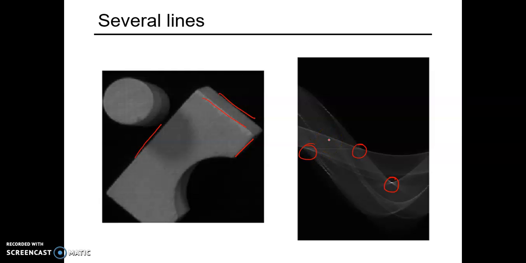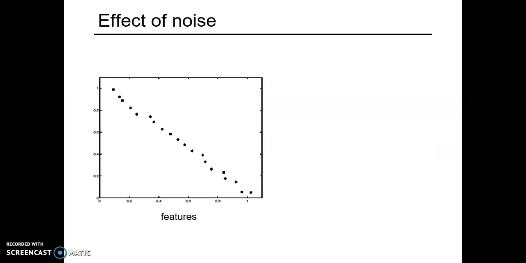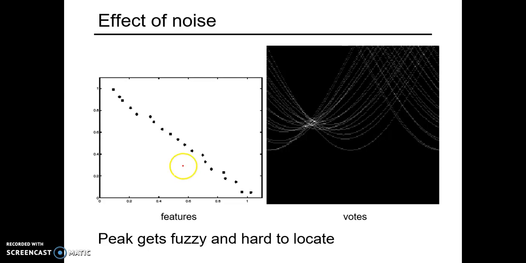Okay, now what is the effect of noise? If you look at this figure, there are certain points along the line, but some points are not along this line. If you transform this, you will get several intersecting points. The point where you get the maximum intersection will be considered as the normal parameters, and you can reconstruct the line in the image plane.